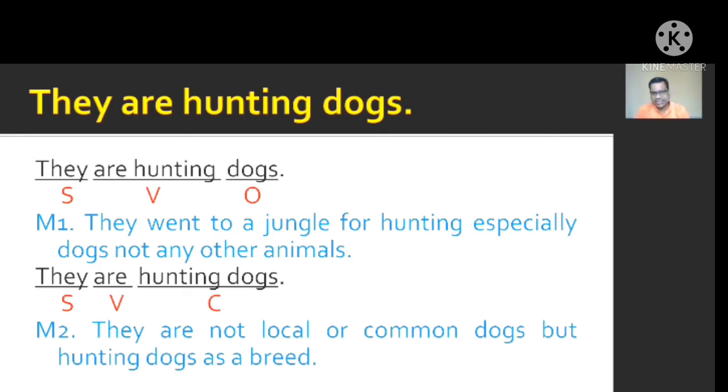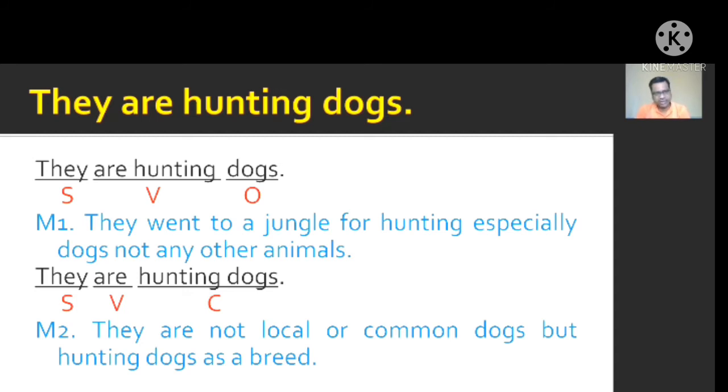Now you see here, there is a slight change in the verb phrase. They, third person, plural number, functioning as subject. In this case, I am isolating the words are and hunting from each other. Are is going to be treated as the main verb of the sentence. In the first case, it was called auxiliary verb, helping the main verb hunt. But in the second sentence, are is functioning as the main verb. It is no doubt an auxiliary verb, but when it is coming alone, it is generally called the main verb. And this hunting is going to be associated with